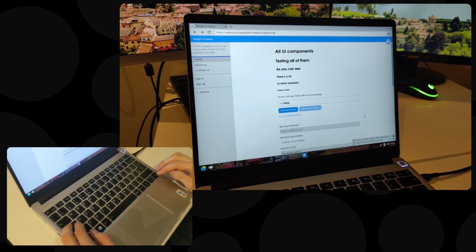Example, this is a sidebar. Home, about, sign in, sign up, section. Icon testing, as you can see, there's a lot, so many, there's loads, extras. Primary button, secondary button. So you might have noticed that actually there are sound effects which get played out when